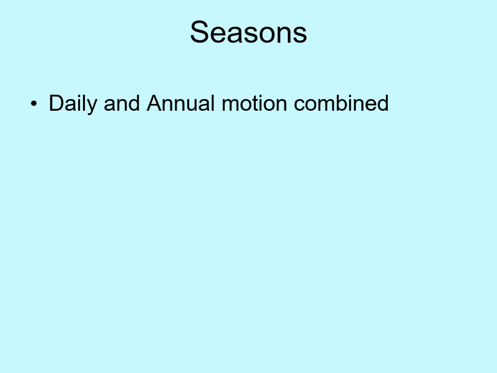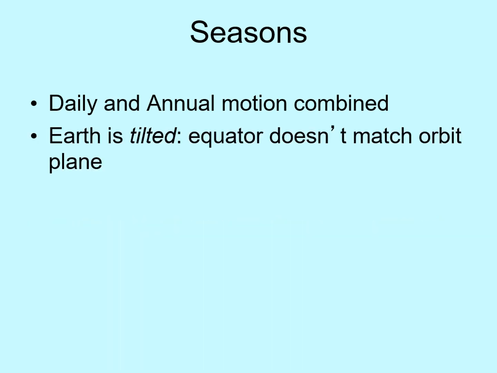After all, there is no table out in space for the Earth to be tilted on. So what is it tilted with respect to? In fact, the tilt is between the Earth's equator and the plane of its orbit around the Sun. In effect, the Earth's spin doesn't line up with its orbit. What this means is that in summer, the Sun at noon appears high overhead, while in winter, the Sun is